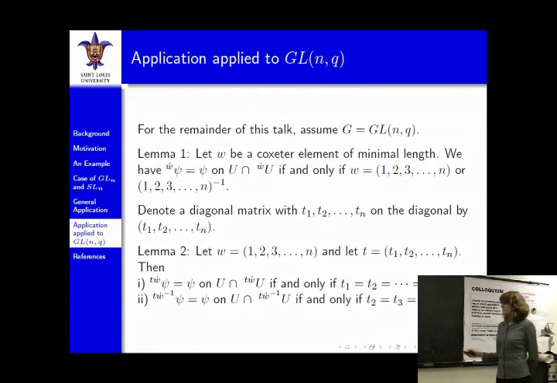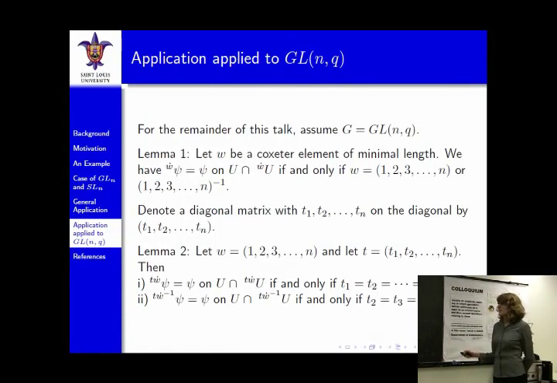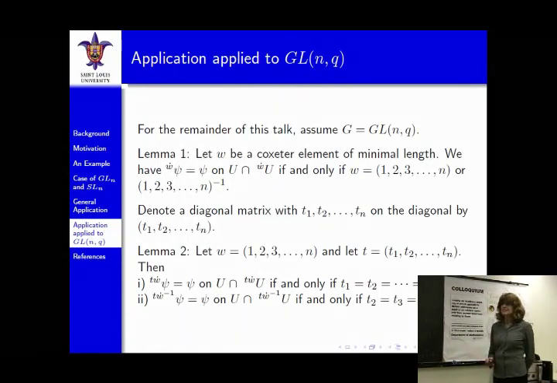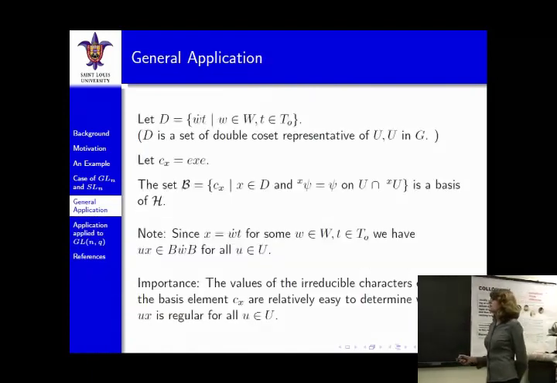Well, that only happens twice. That only happens for this Coxeter element and this Coxeter element. Right? Well, these x's, though, aren't just coming from Coxeter elements. They're Coxeter elements times elements in the torus. Right? So I need to go a little further